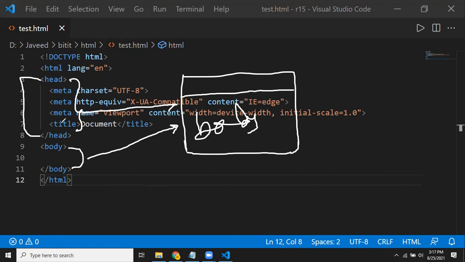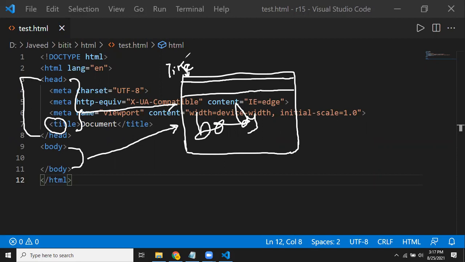What we write in the head section is hidden from the user, so it will not be visible. For example, there is a tag called the title tag. This title tag will be displayed here on the top along with your window title. So the title of the window, you'll be seeing it on top here. It's what we call the window title. If you are not able to understand anything, let me know. I'll help you out. No issues in that.